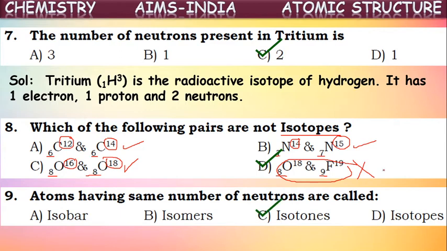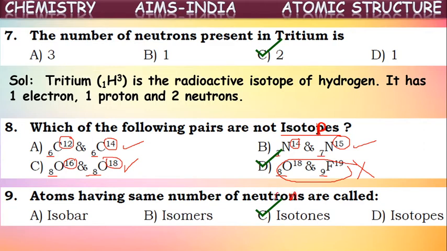You can remember easily here. For isotopes, it will be P, means they will be having proton number same. Proton number same, nothing but atomic number same. Atoms with the same atomic number are called isotopes. And for isotones also you can remember easily here. It is N.